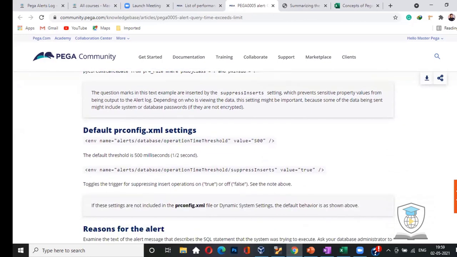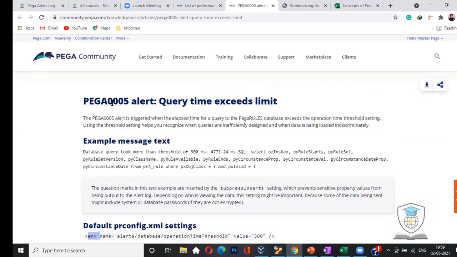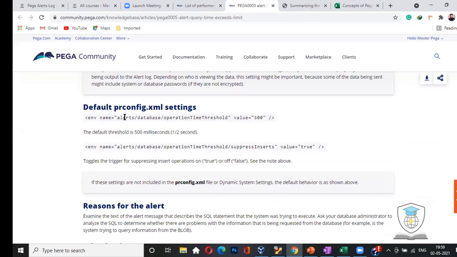Okay, what are the default settings in the PR config file? For example, for Pega 0005 in the PR config file, the environment name, that is the alert database operation time threshold, was 500 milliseconds. Okay, means half a second. So do you want to execute your query in this second itself, or do you want to edit it?